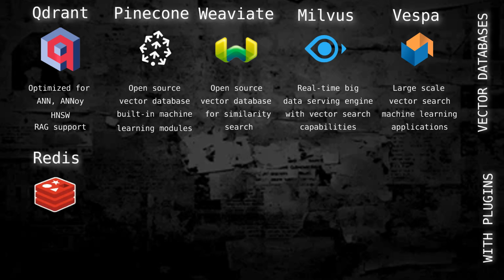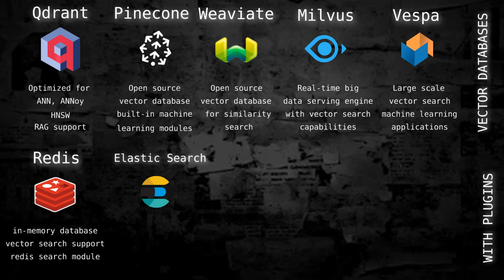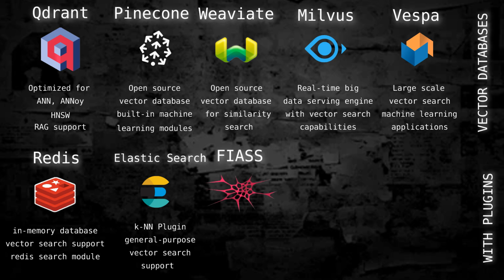Redis. Who doesn't know Redis? Who didn't hear about Redis? It uses additional module, actually in this particular case, Redis search vector, and this is in-memory database with vector search support via Redis search module. Elasticsearch, it's also very famous database, not only but database with KNN plugin, general purpose search engine with vector search support. FAISS,